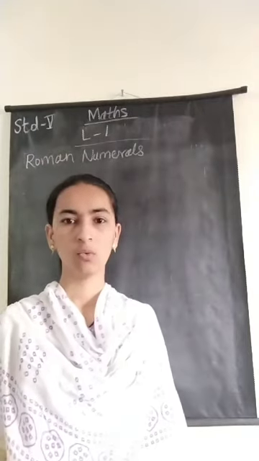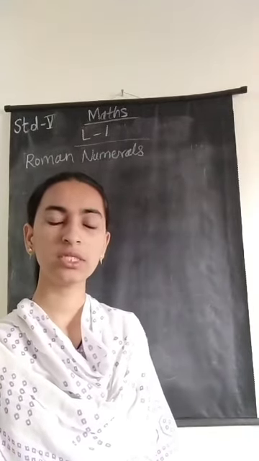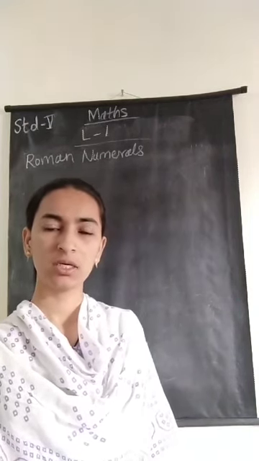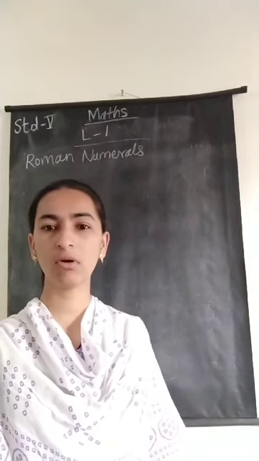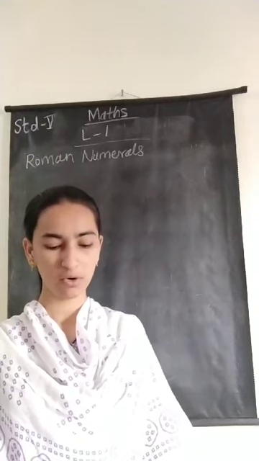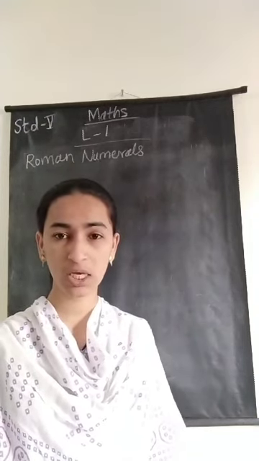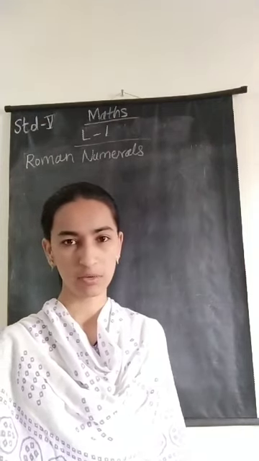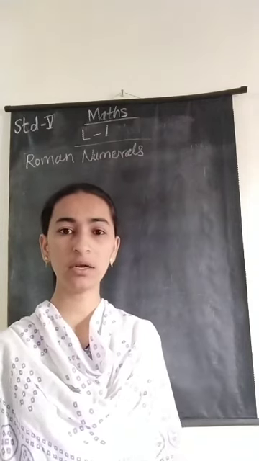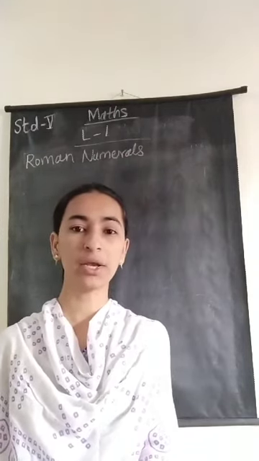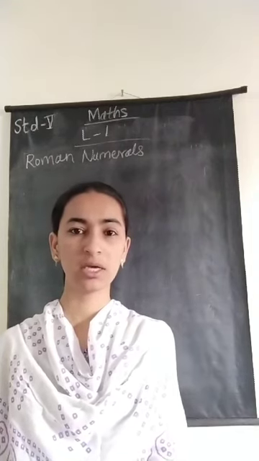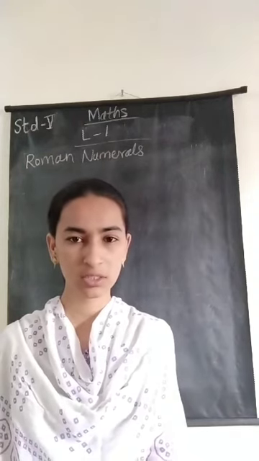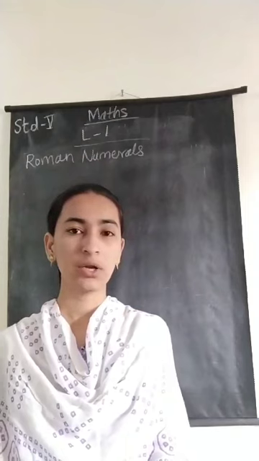Yes students, in our previous video we started the first chapter, lesson number 1, large numbers. I think we solved my practice time 6. In that we learned how to insert the commas in between the numbers and how to write the numbers in words, from the international number system. There are many types of systems. We are using the Hindu Arabic system, and we also use the international number system.